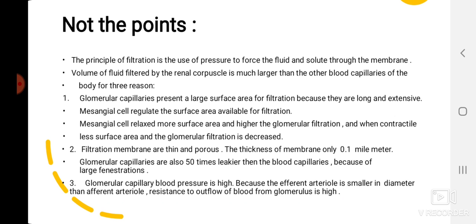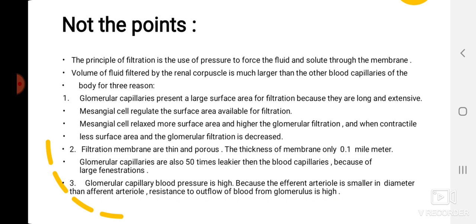This is the main function of these cells. And another reason for high filtration of the renal capsule capillaries, that is the glomerular capillary, is the filtration membrane. We already discussed the filtration membrane is leaky in nature, thin and porous. The thickness of this membrane is 0.1 millimeter, and